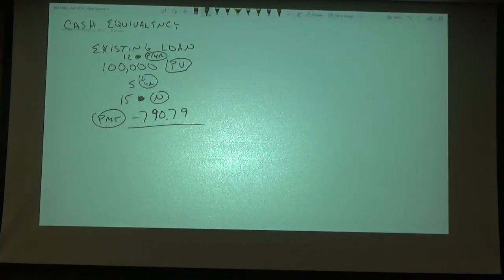So first of all, if the market interest rate is 9%, oops, hold on, back up. Okay. If the market interest rate is currently at 9%,